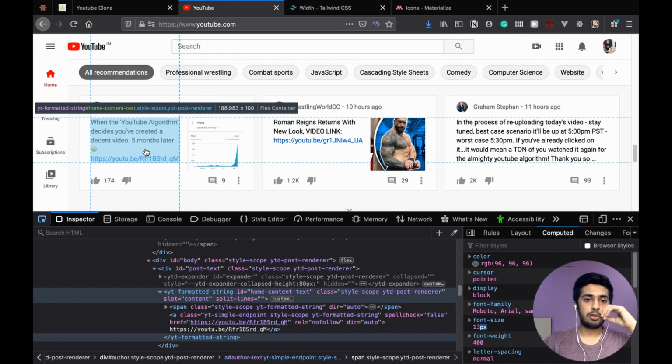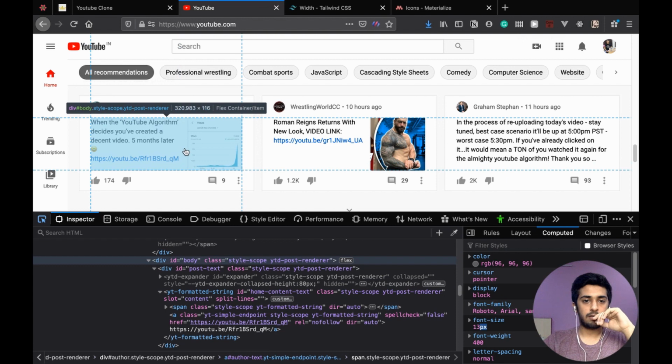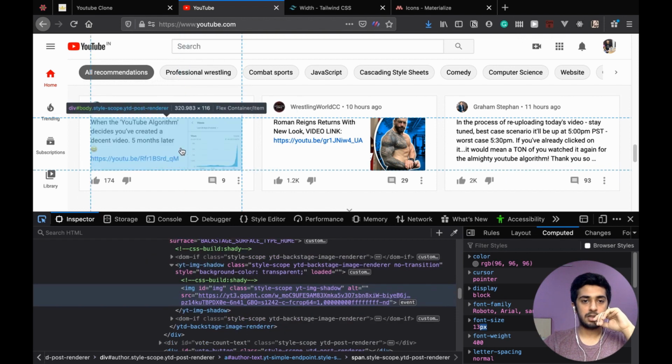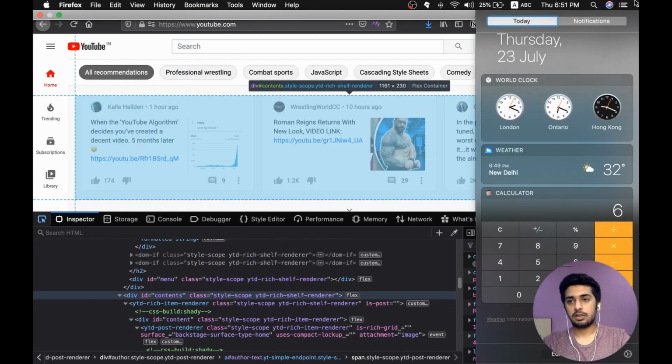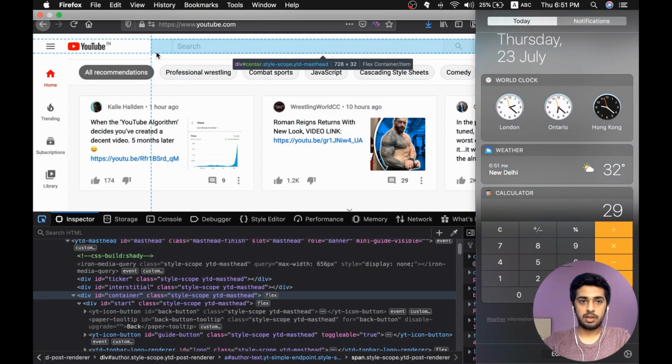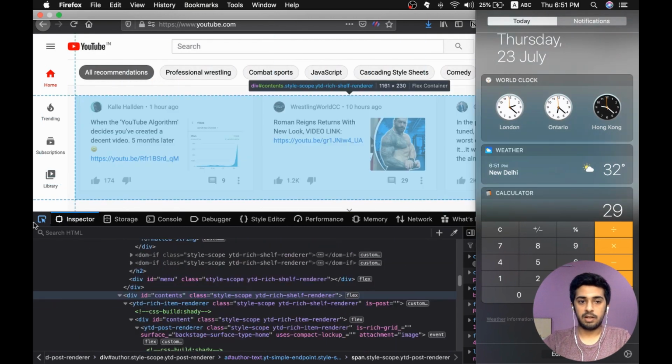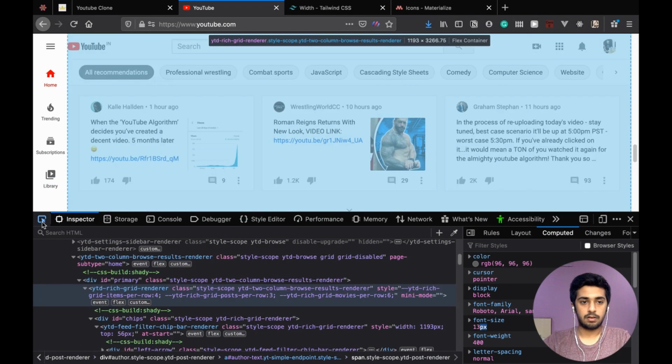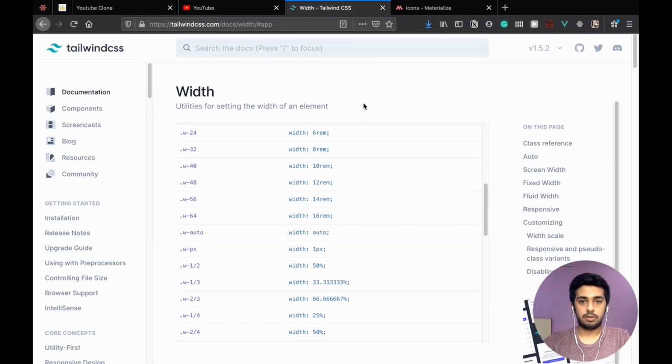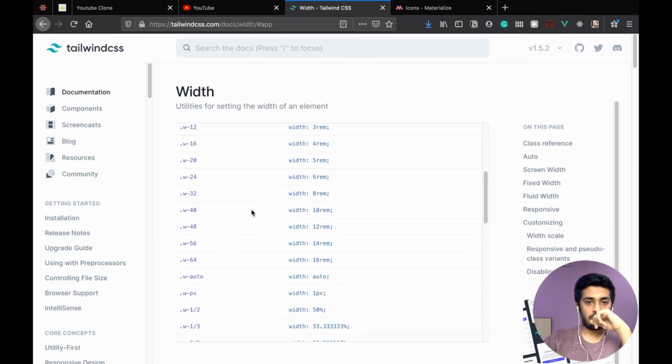If we wanted to, we could do that with grid as well, but we're going with flexbox. 116 divided by 16 is 7.25, times 4, it has to be around 30 in terms of Tailwind spacing. So we can use width 32 and height 32